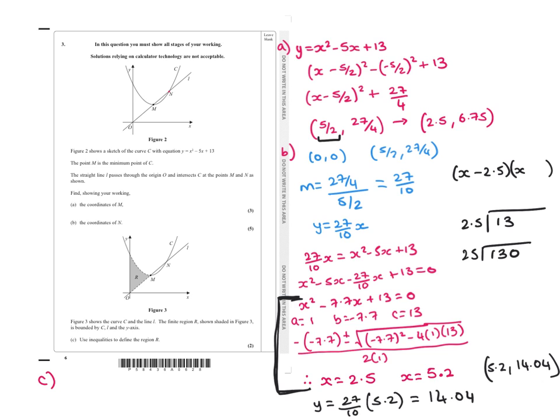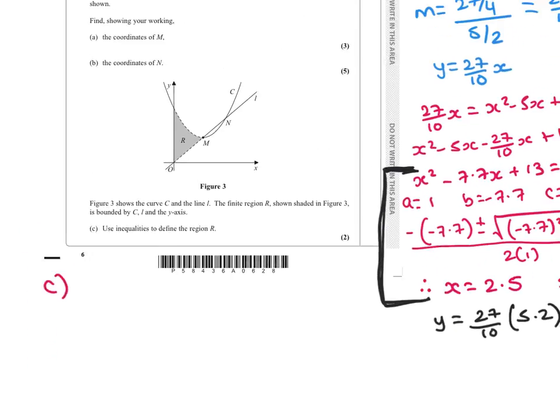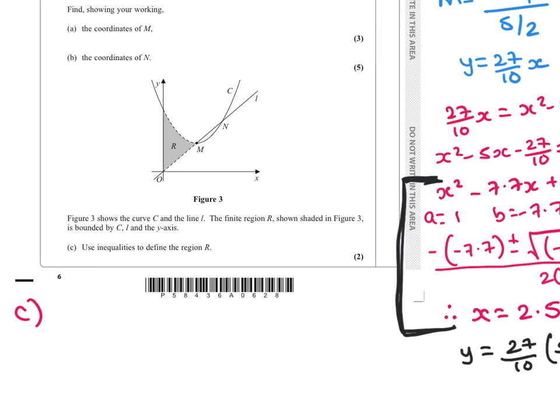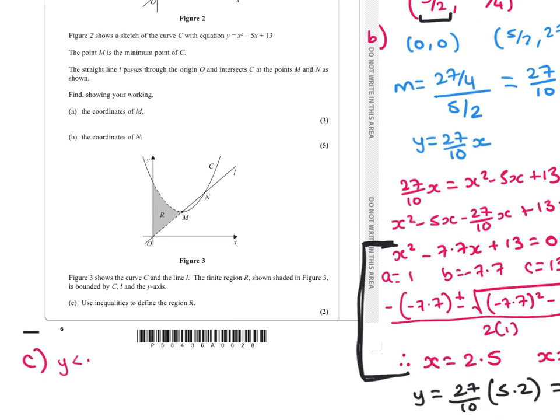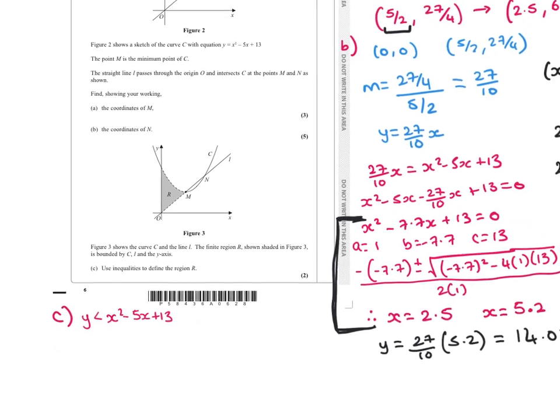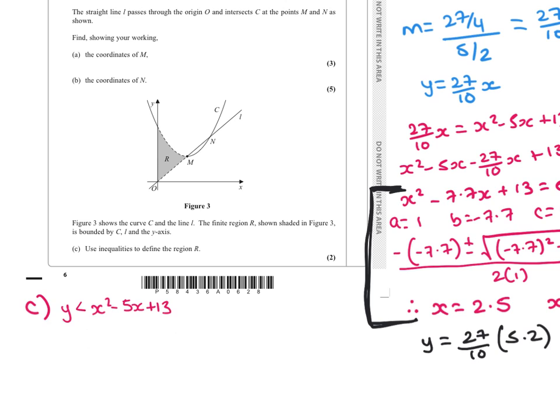Right then, part C. Use inequalities to define the region R. Okay, well, nice and simple, actually, because the curve here, have we shaded above or below the curve? Below, so we want less than. So we know then that y is less than, and the curve is x squared minus 5x plus 13. Okay, and with a straight line, did we shade above or below the line? Above, so we want y is greater than